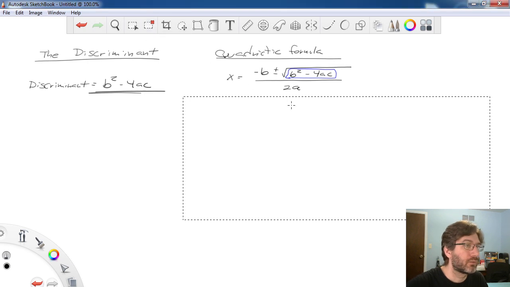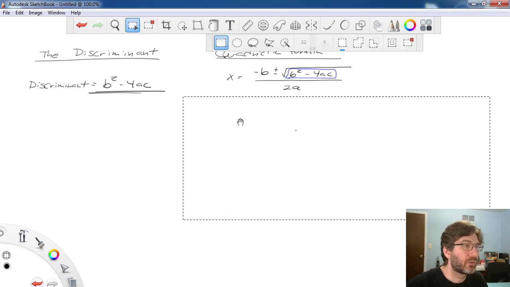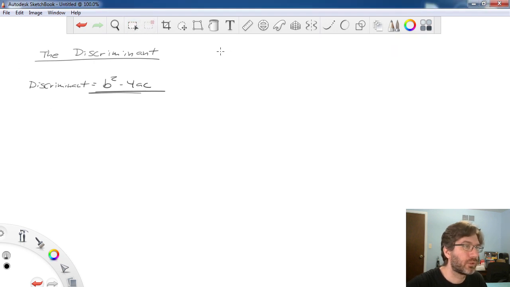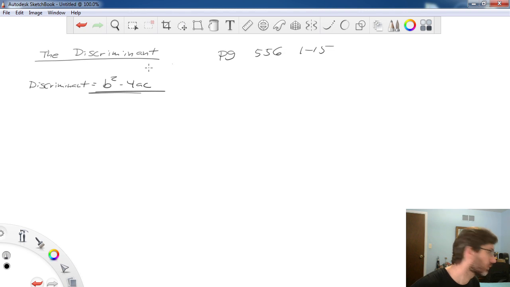Let's see here. We don't need the quadratic formula for this either. So let's look at our problem. I'm just going to take them out of your homework. Save you some time there. So this is page 556. I think I assigned 1 through 15. We're going to look at number 4. Number 1, 2, and 3 you can answer with what I just told you, hopefully. Number 4 says